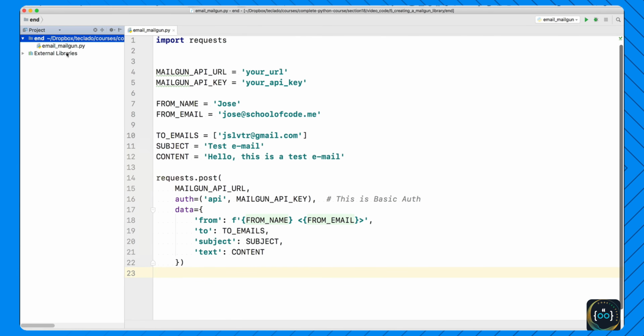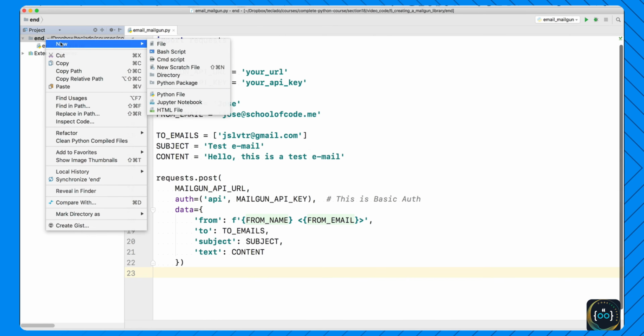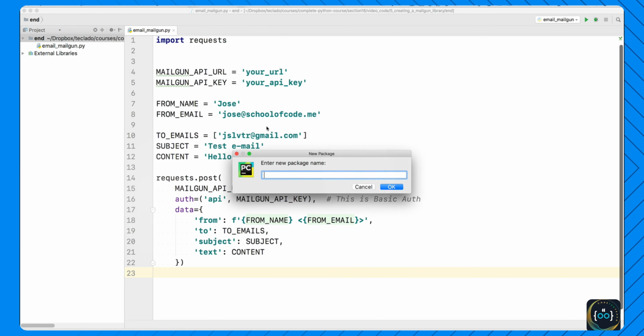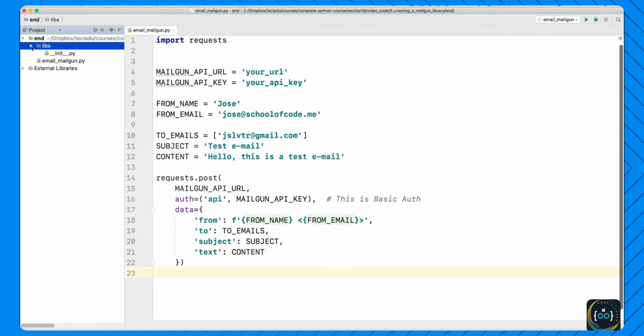It's really straightforward. What we'll do is in your project, you'll want to have a new Python package that you're going to call libs. And normally you'll have a package like this one in most projects as long as you're using other external services. In this case, we're using the external service Mailgun. Mailgun gives us an API that we can interact with, but there is a small issue of sorts that here